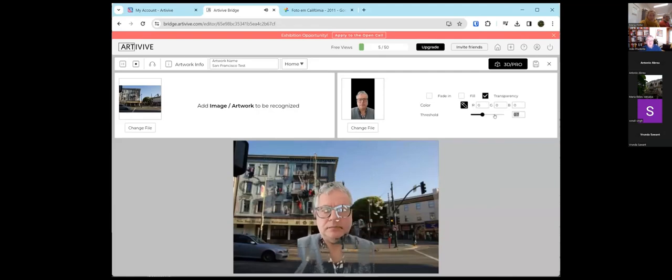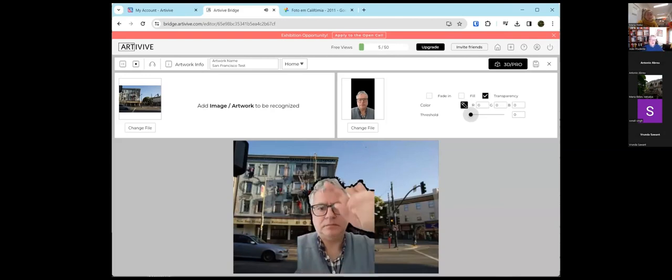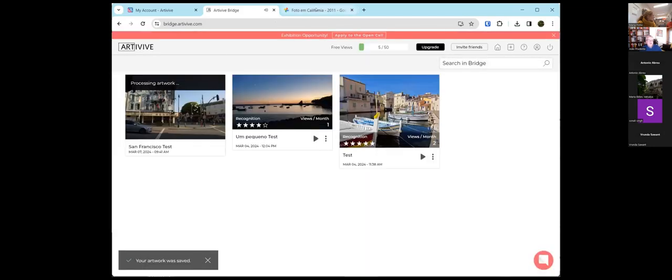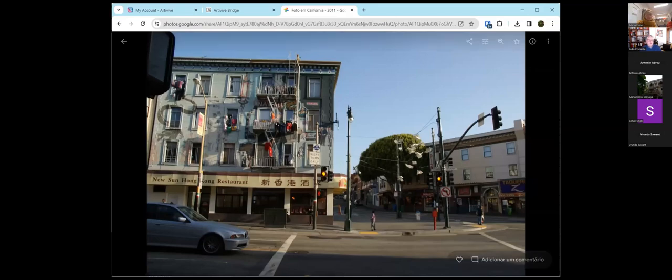We can change this because if we put it with a different threshold, we can do it better. Okay, with a different threshold, you can see it better. This is a sample image, and you can do something like this, and save. And wherever in the world people scan this image, they will see me appearing